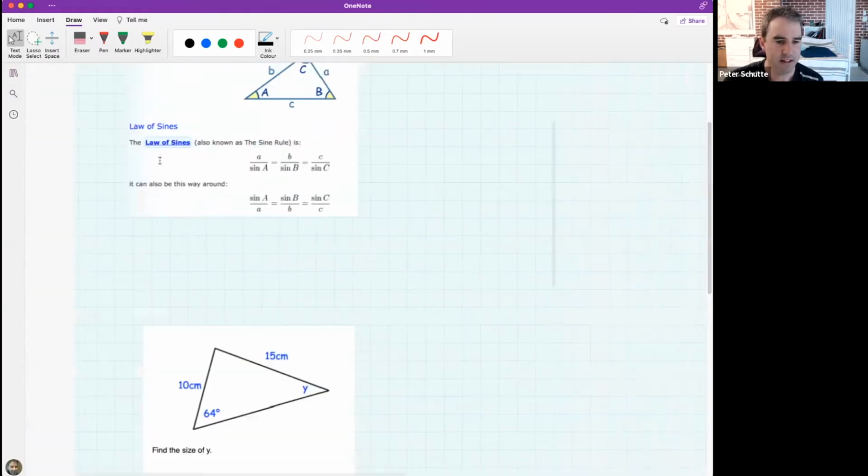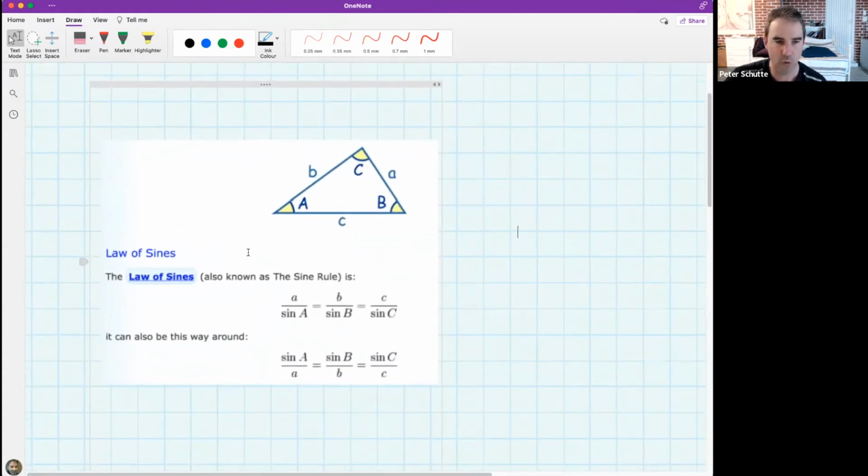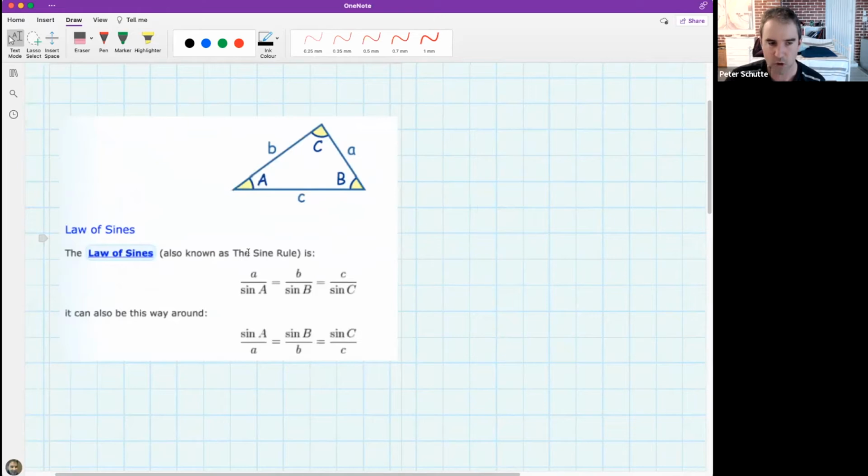So let's have a look at what the sine rule says. And for those of you who were here in the last lesson, you'll be quite used to this. Basically, the whole of the last lesson was